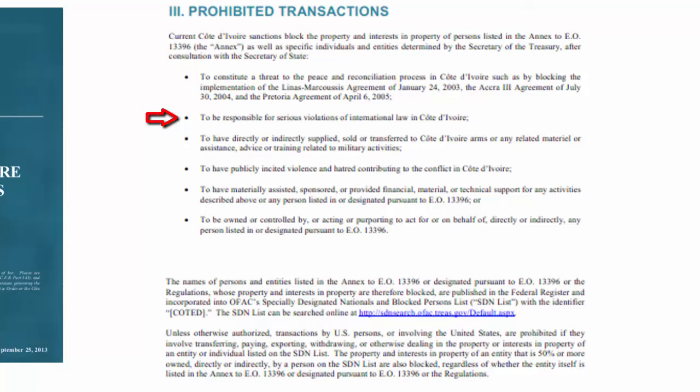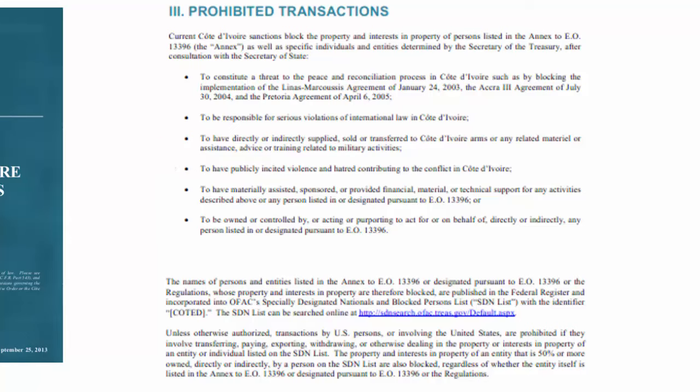To be responsible for serious violations of international law in Ivory Coast. To have directly or indirectly supplied, sold, or transferred to Ivory Coast arms or any related material or assistance, advice, or training related to military activities. To have publicly incited violence and hatred contributing to the conflict in Ivory Coast.